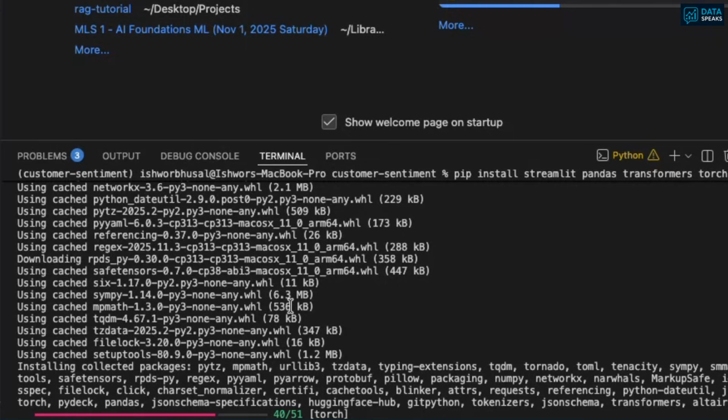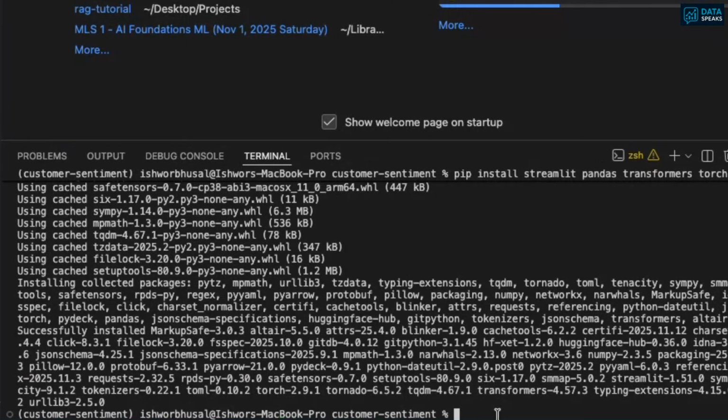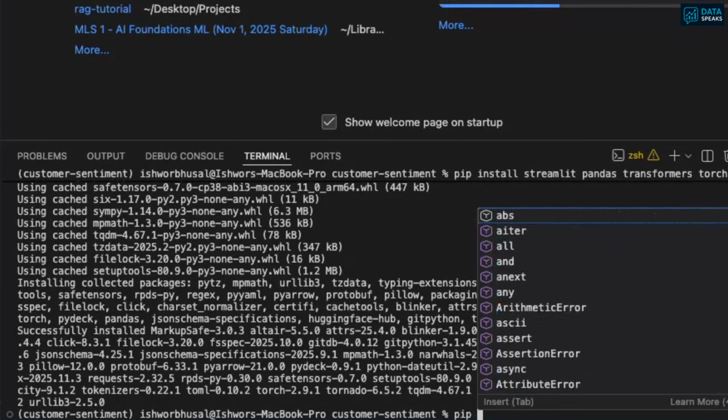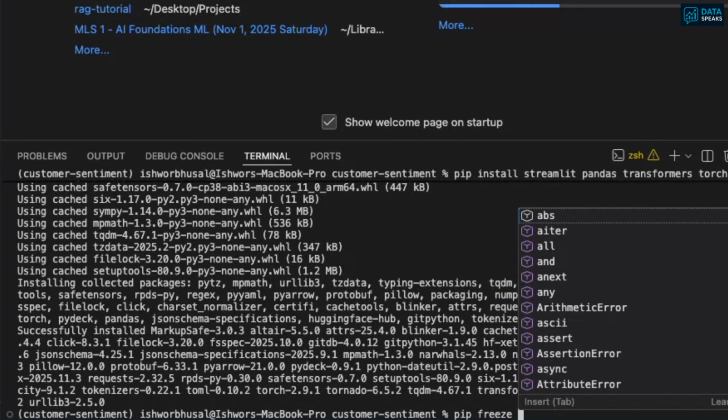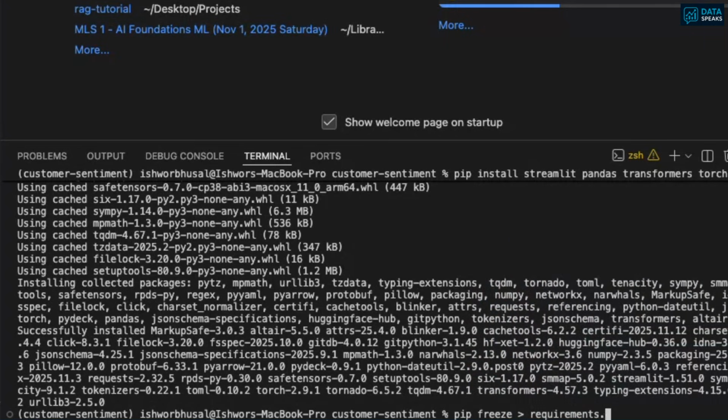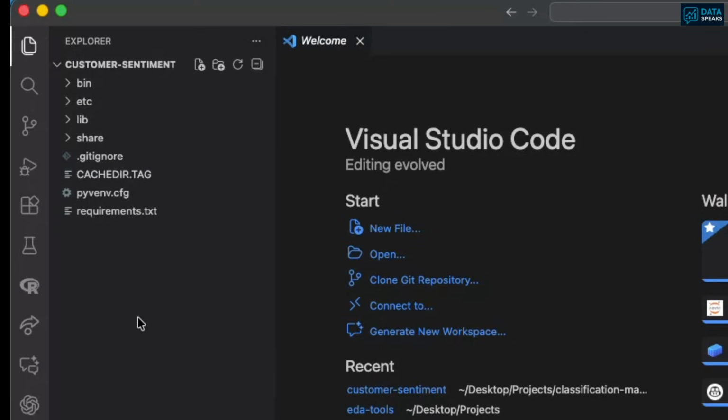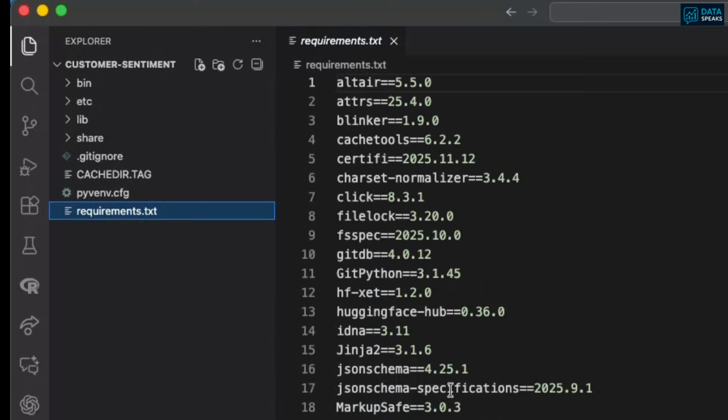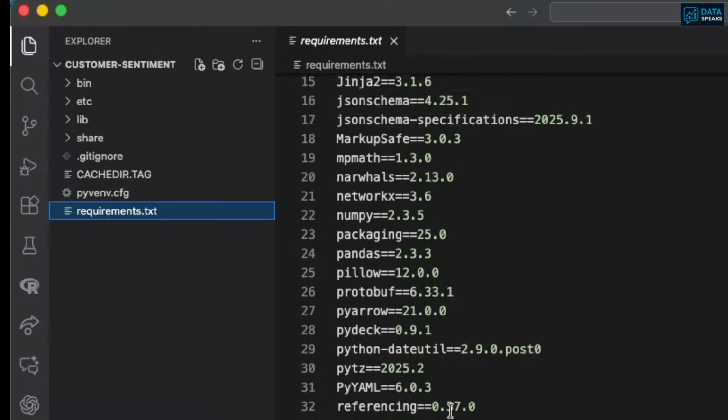Once it is installed, all you have to do is start coding into your Python file. Now all of my libraries and modules are already installed. So what I will do is save all of those libraries and modules with the versions into my requirements file by simply saying pip freeze, then the greater than sign and requirements.txt. If you do that, there will be a file created which has all the modules and libraries required for this